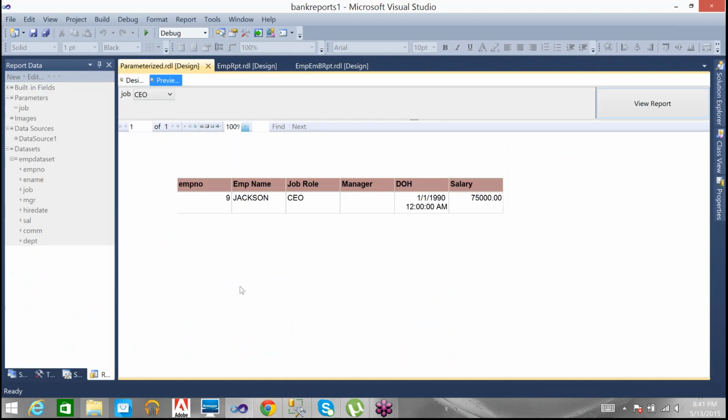But whenever I'm inserting one more row or something changes, do I need to ask that person, "Okay, come, there is one more job role inserted, can you add it to the report?" I cannot ask those. Then what I want is this job role drop down should have the same job roles available in my employee table. Whatever job roles are in the employee table, I want those job roles to be available here automatically. Then what do I need to do?